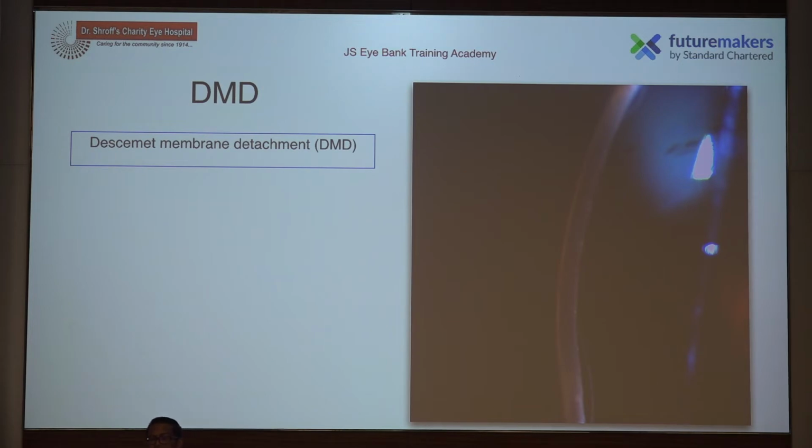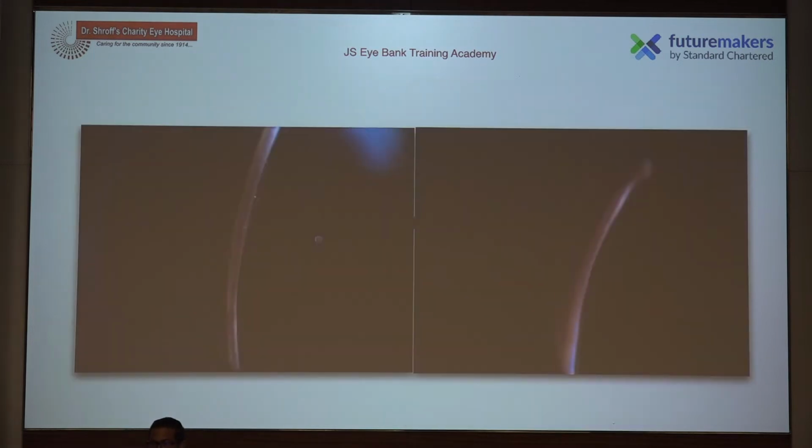Descemet's detachment is something that, if you're not a very trained evaluator, you sometimes miss. And if it's a very compact cornea and you've missed it, during surgery it becomes very difficult. You may have a primary graft failure, because the cornea looks pretty compact if it has just happened because of removal. Here, if you see, the cornea is not looking very bad. And if you've not had an eye to see this detachment, you may take it as a good cornea. So it's an important sign.